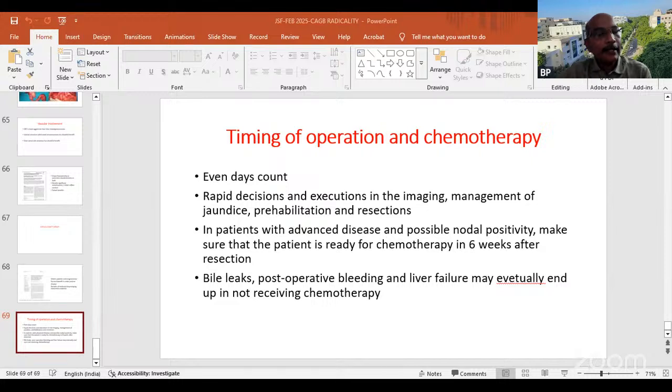When these HPDs or aggressive resections are compared, a lot of weightage was given to postoperative morbidity and mortality. Now, as of today, we can subject these patients to neoadjuvant therapy as well, and the morbidity and mortality has drastically come down. Even if you reduce that morbidity and mortality effect from the earlier publications, the majority of patients can eventually undergo adjuvant therapy. So the difference between that time and this time is very relevant.